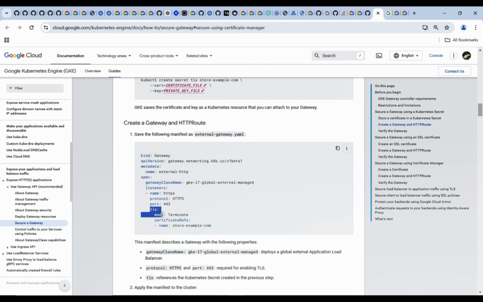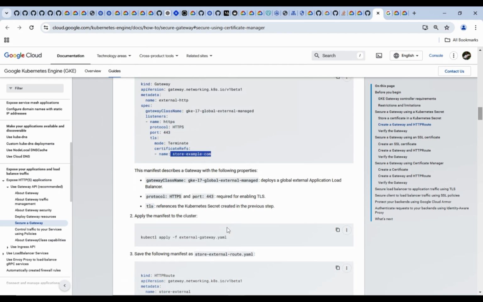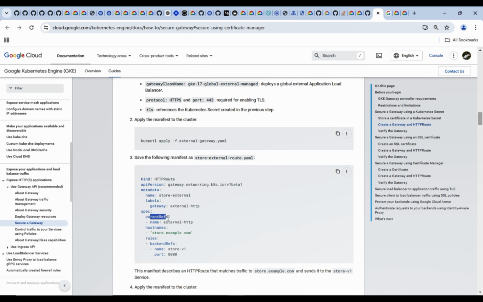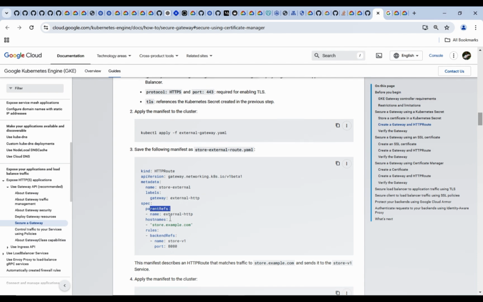So you can provide a TLS section, and this is where the SSL termination is happening. I mean, it is not HTTP, I'm sorry for that, SSL termination is happening. For that, you're providing the reference. So this is the straightforward method, and then inside the HTTP route section,